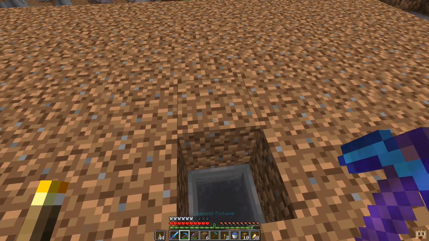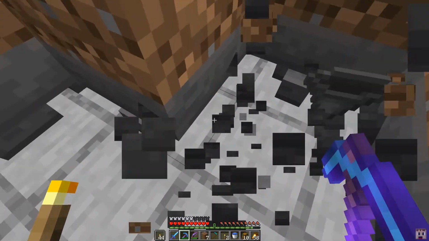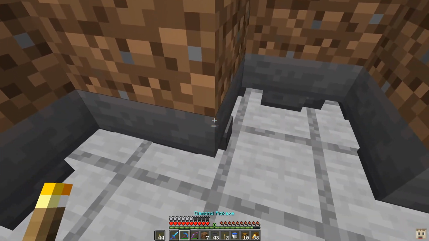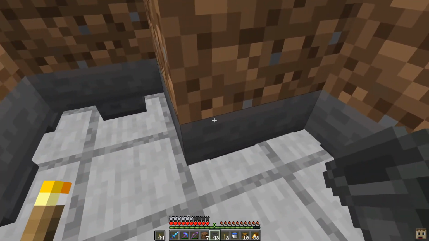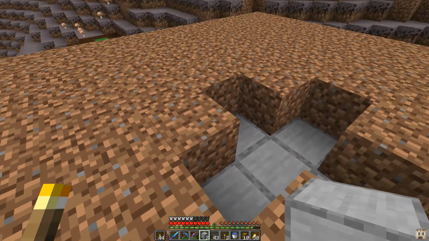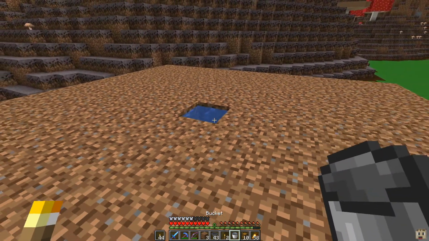Okay, so now that we've got this in, we actually don't need any of these hoppers. So we can take these out and then just reroute these ones. I'll have a hopper facing this way, and a hopper facing this way, and a hopper facing this way, just like that. So all the hoppers are facing the other hoppers. Now we can just put down some solid blocks here, build this up, and then we're going to put down dirt here for now,